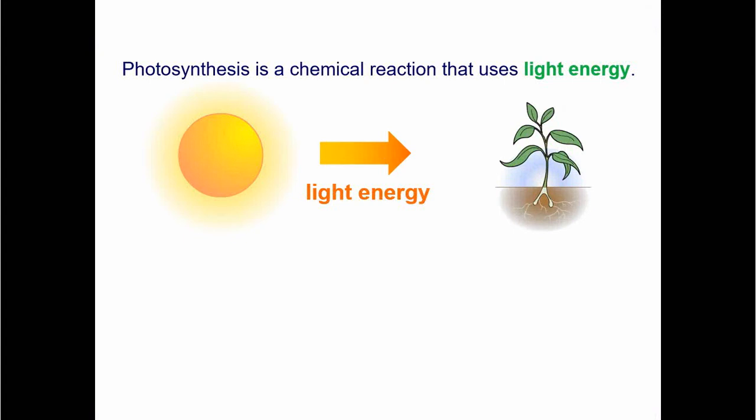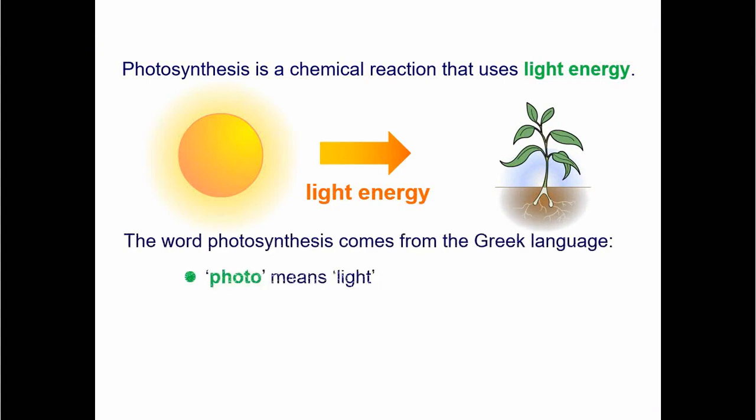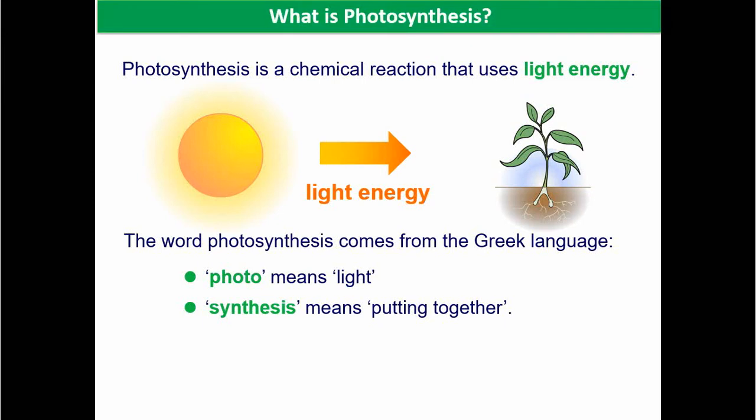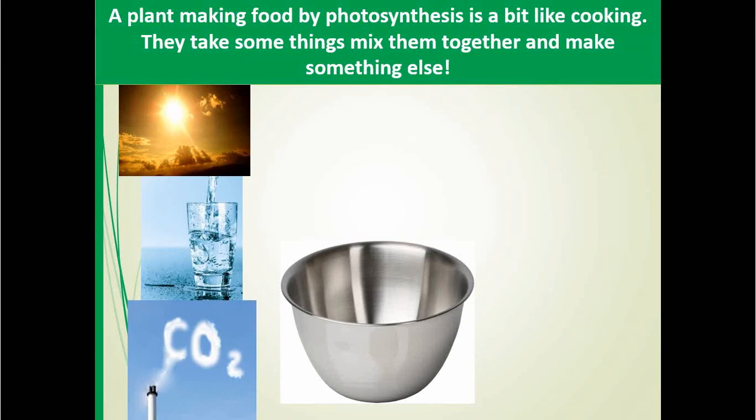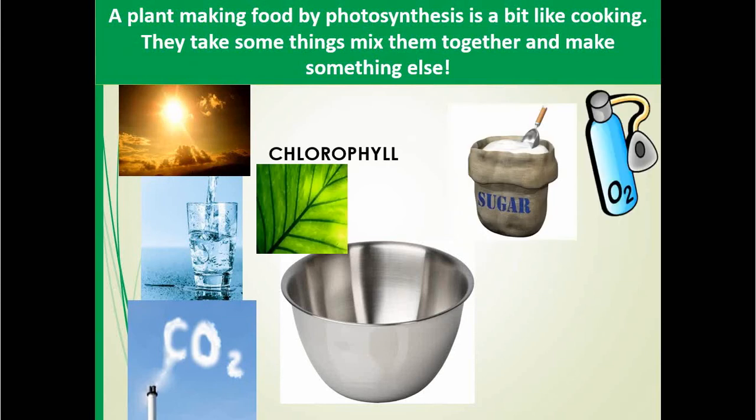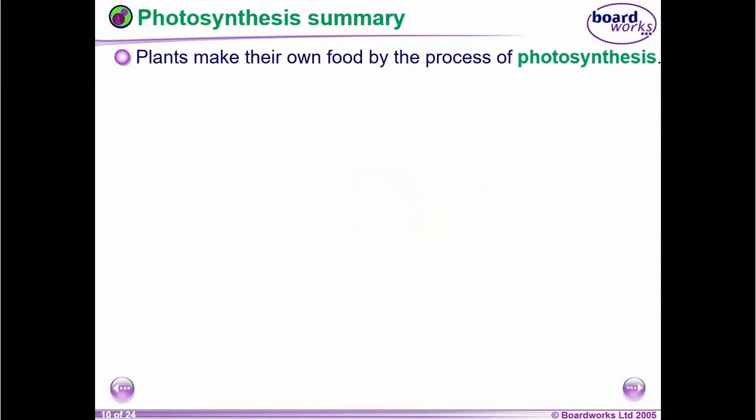So photosynthesis changes light energy into food. It comes from the Greek word photo, which means light, and synthesis, which means to synthesize or to put together. So you are making something from light, which is food. Photosynthesis means synthesizing from light. It's as if you're cooking and you're adding some ingredients to make food and oxygen. Okay, so